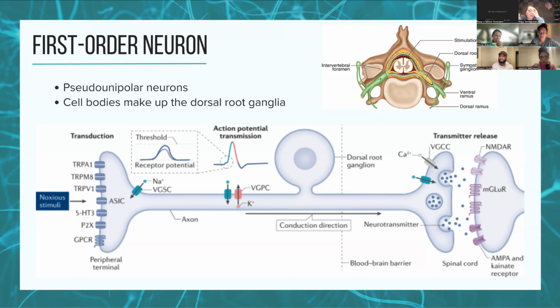The dorsal root ganglia is a very interesting and understudied area of the pain pathway. There's a lot of chemical signaling that happens here that we don't talk about enough. In the science world, we talk about the dorsal root ganglia a lot, but we don't talk about it a lot in the clinical world. But just know that it exists and that there's a lot of science being done to try to understand what's happening here at the cell body of the neuron. So the first order neuron here: you have your nociceptors, your sodium channels, and then your action potential transmission, and that's going to lead into the